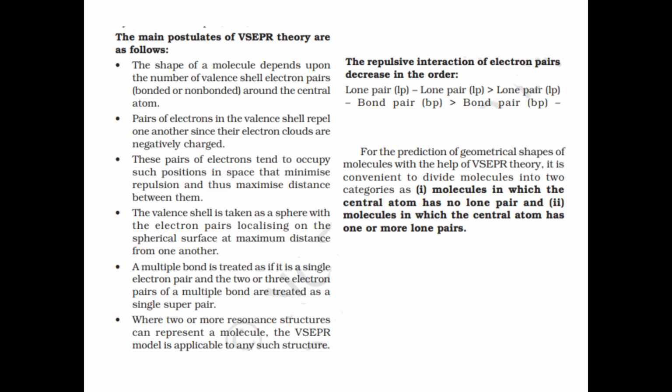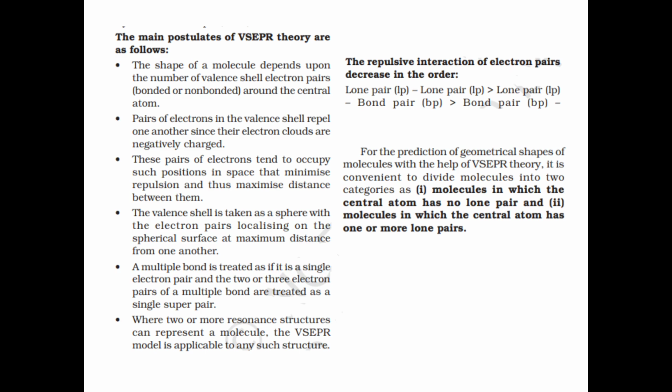Now come to the main postulates of the VSEPR theory. The shape of the molecule depends upon the number of valence shell electron pairs around the central atom. The pairs of electrons in the valence shell repel one another since their electron clouds are negatively charged. These pairs of electrons tend to occupy such positions in space that minimize the repulsion and thus maximize the distance between them. The valence shell is taken as a sphere with the electron pairs localizing on the spherical surface